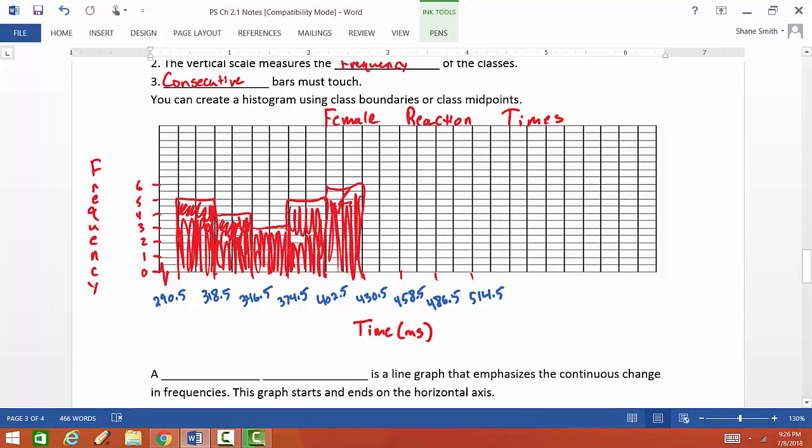Six. And 4, 1, 2. Okay, and that's a frequency distribution. Pretty simple, huh? Now, something that you should be aware of is that